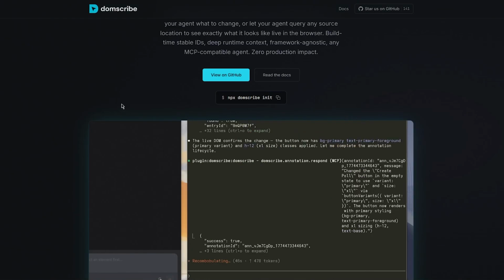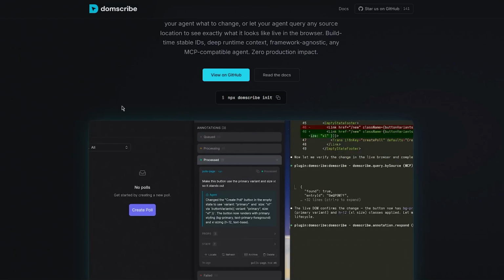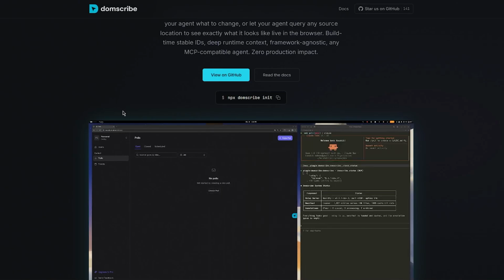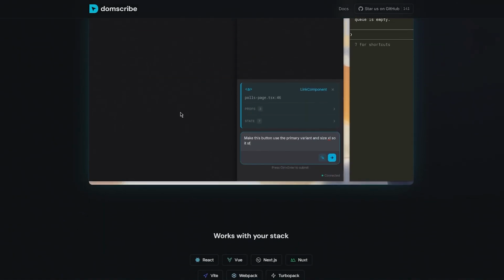What makes it powerful is its ability to instantly detect user interface components and allow changes without breaking the app's functionality. You're not just rebuilding the app, you're reshaping how it looks and feels. So this means you can adjust layouts, reposition your elements, tweak your styles, and improve usability without actually needing deep